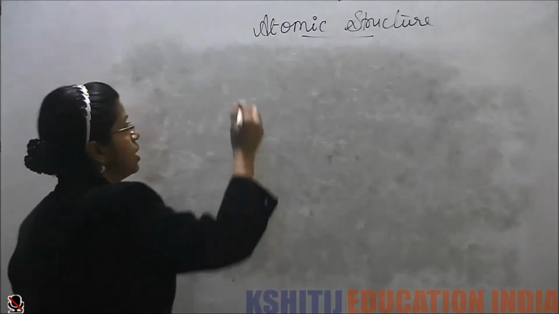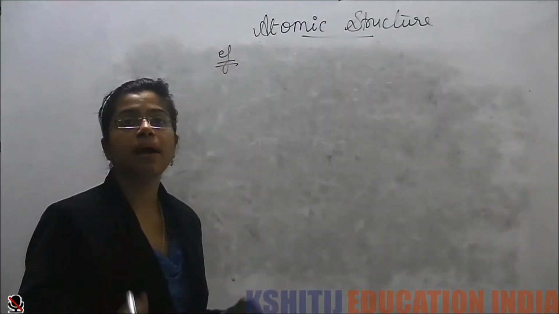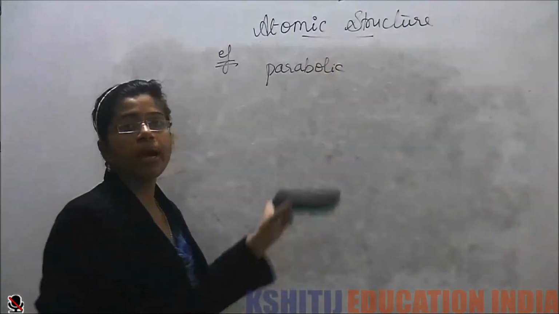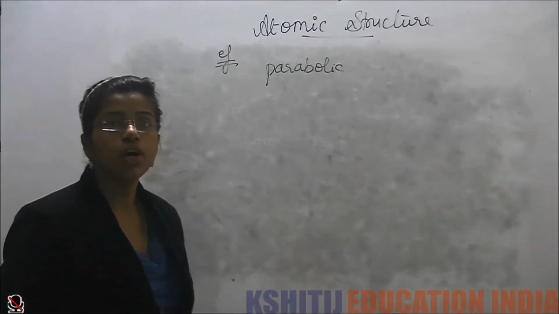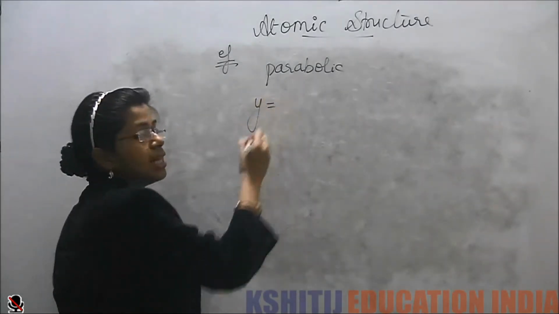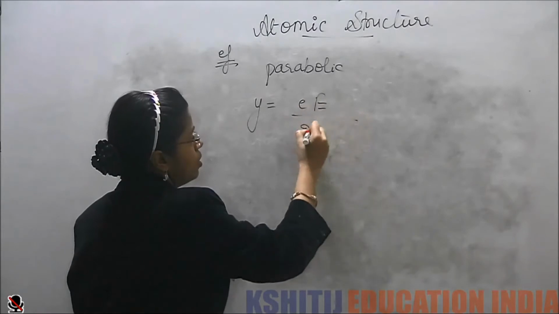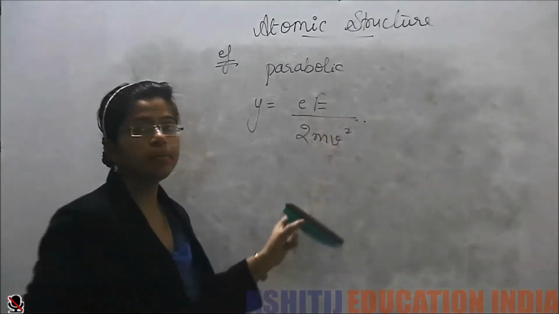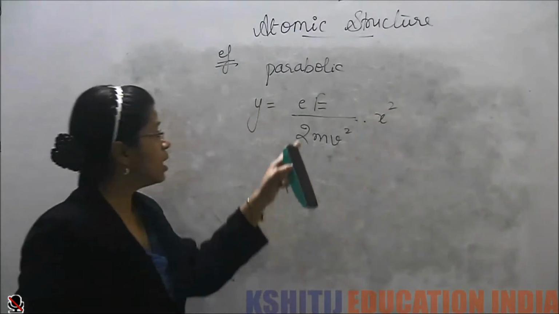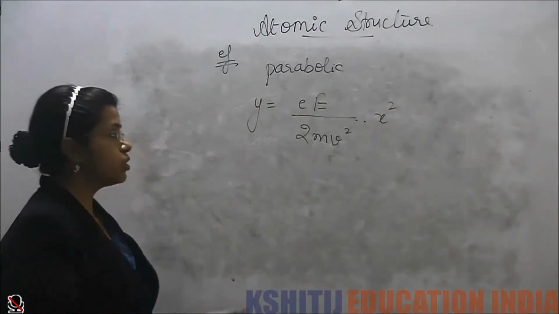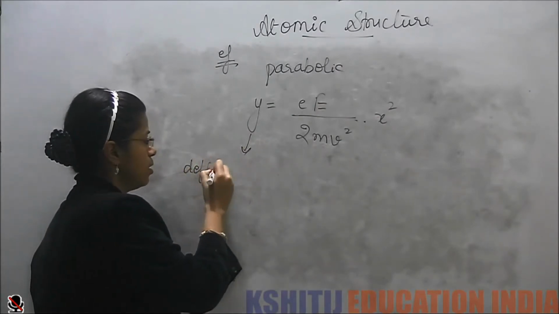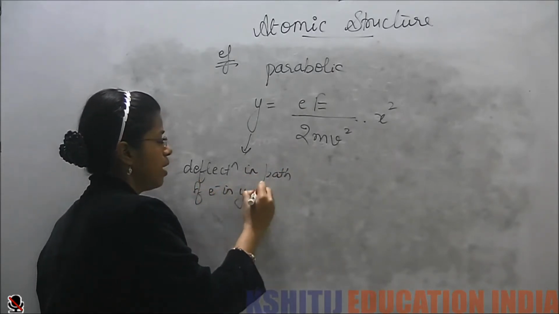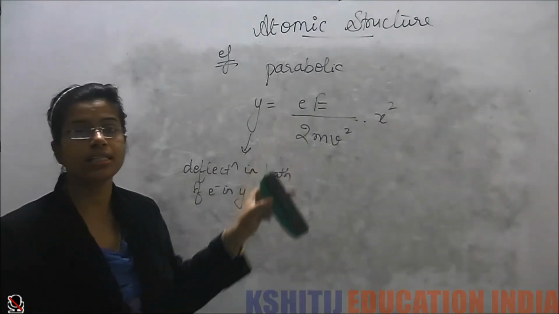Now, in case of electric field, the electron moved under the influence of the electric field, whose path was given by y = eEx²/(2mv²), where y is the deflection in the path of the electron in the y direction. Okay, small e is the charge on the electron,